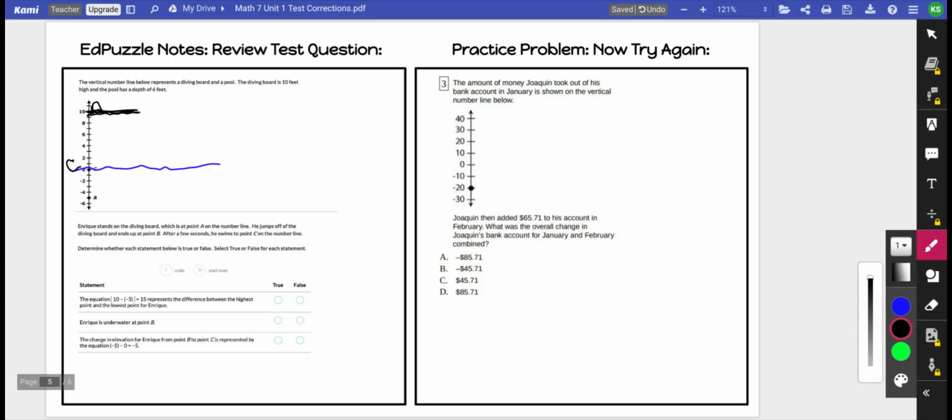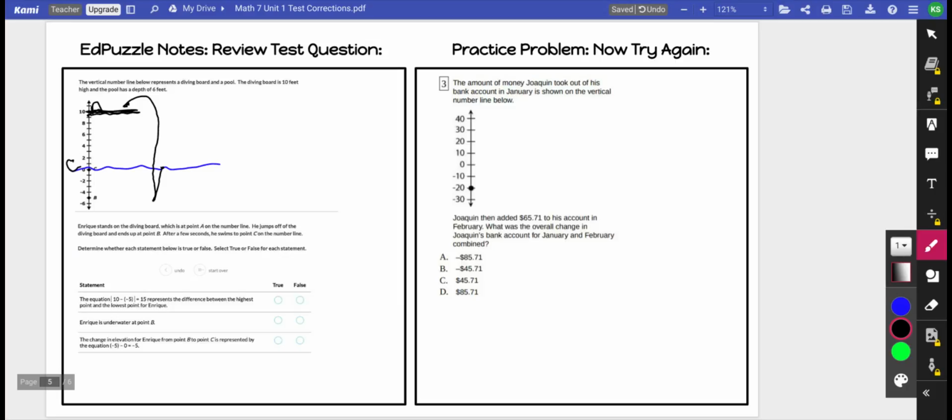Enrique stands on the diving board. So he stands here at point A on the number line. He jumps off the diving board and goes into the water until he hits point B, and then he comes back up again. Okay, after a few seconds, right? So determine